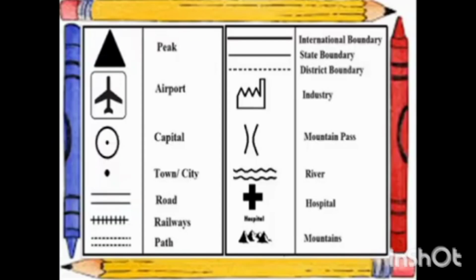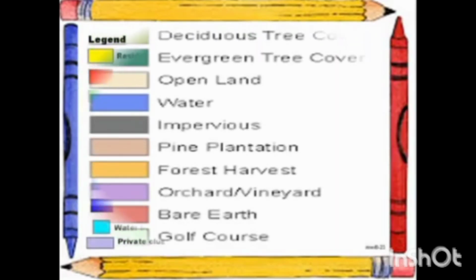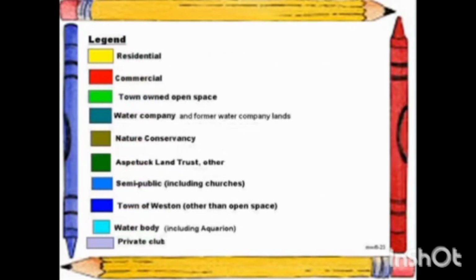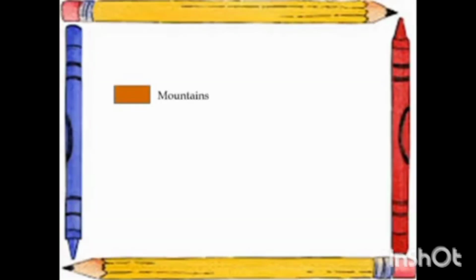Symbols may be pictures or icons that represent different things that are present in the real world. Sometimes the maps might be colored or shaded, and the keys explain what the colors and shades mean. Different colors can be used to show different features on a map. For example,